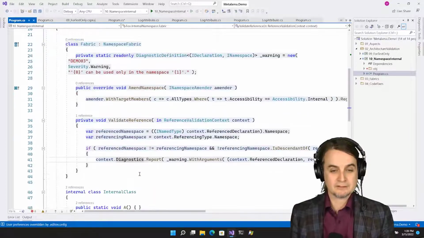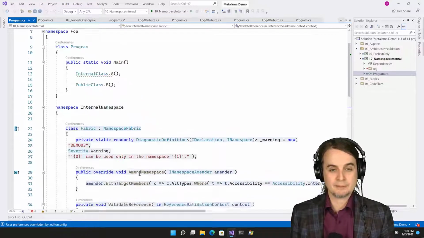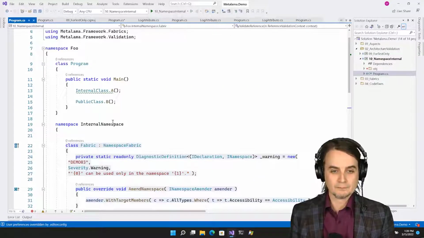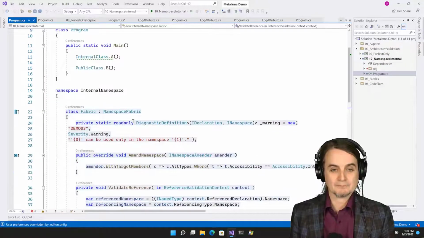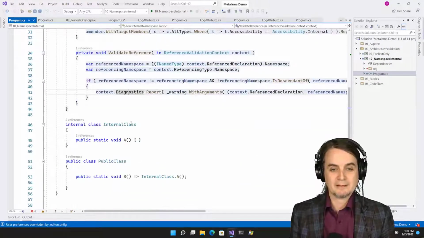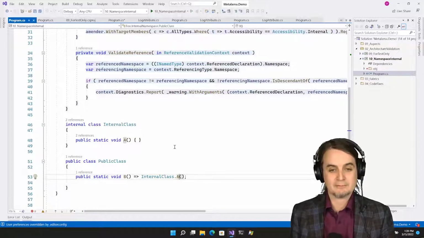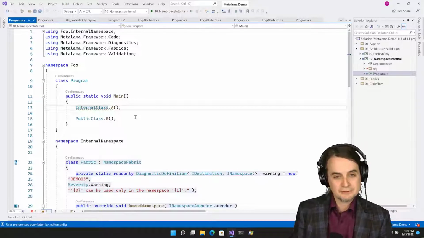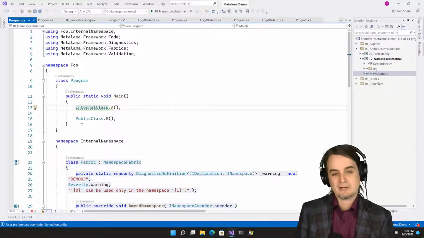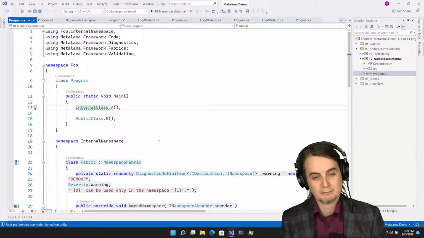So this is actually all I need to do, because now you can see that here it is. I have an internal class. When I try to access the internal class from the same namespace, it's fine, there is no warning. However, if I try to access the internal class from outside of this internal namespace, I have an error.